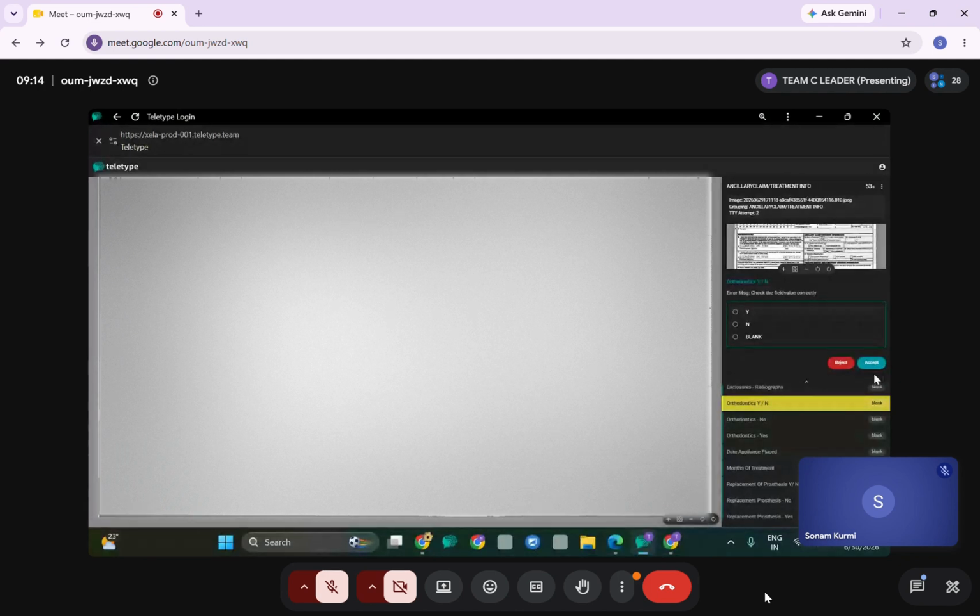Accept means you are accepting the answer without changes. Maybe the answer is correct, or else the answer is blank and in the image also it is blank. You will accept it, and that is considered as accept. Update means whatever changes you make to the answer, maybe adding a dot or a space, or correcting spelling.